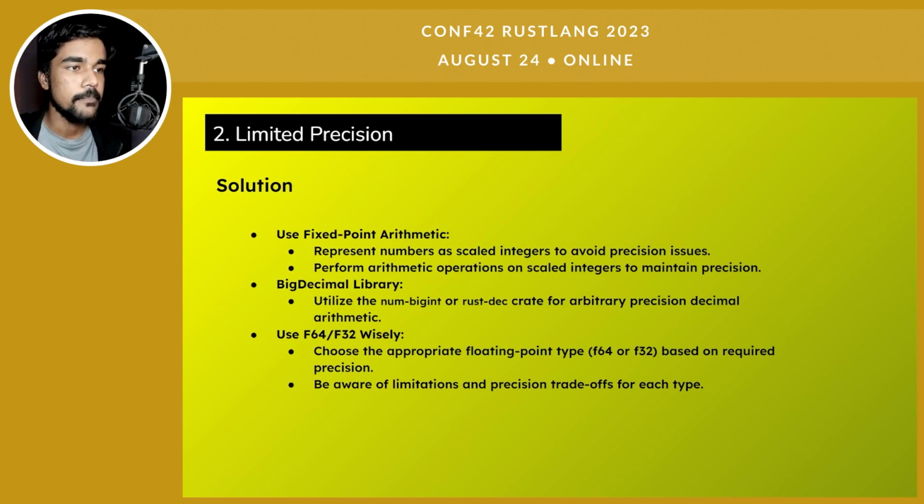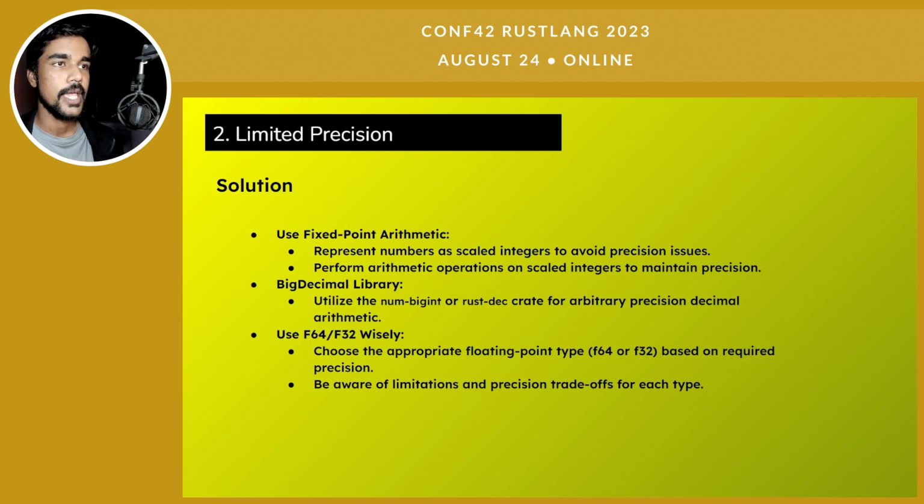So you do not need to directly use floating point numbers in the first place. You can rather use arithmetic operations on scaled integers, which will always be precise and return you the results. And you can apply some operations which will help you preserve the accuracy of your calculations. Another option could be to use big decimal libraries.